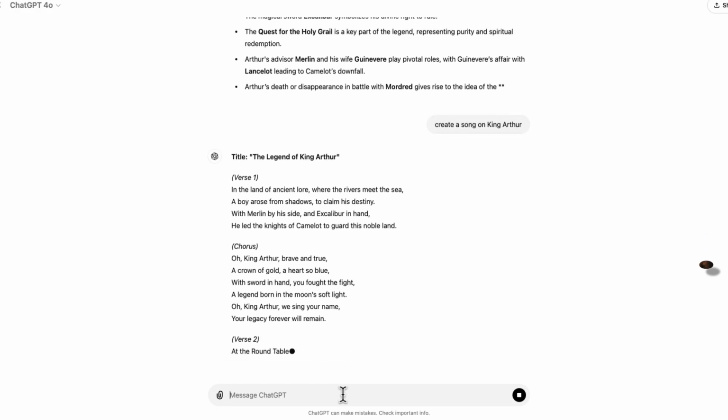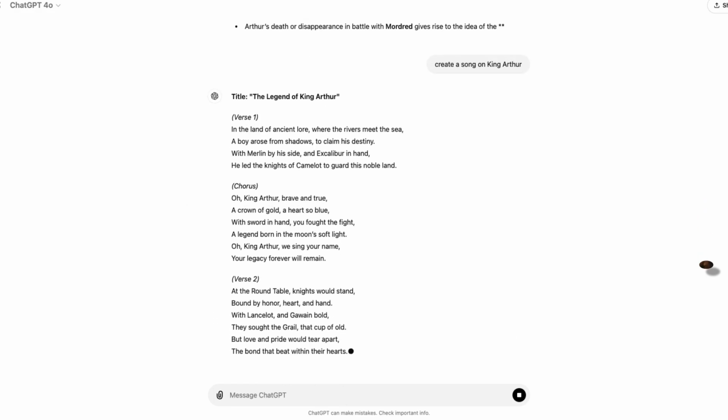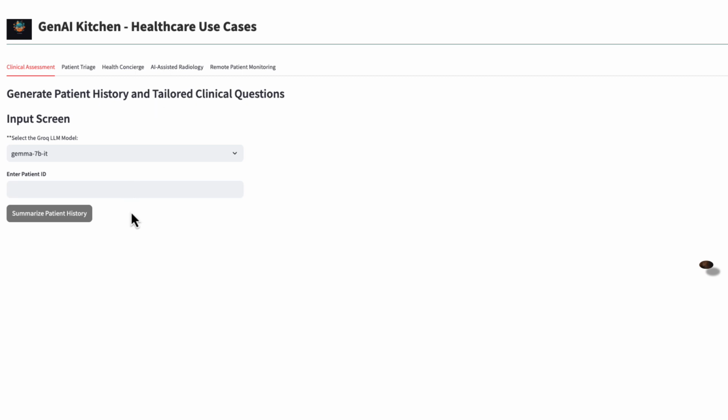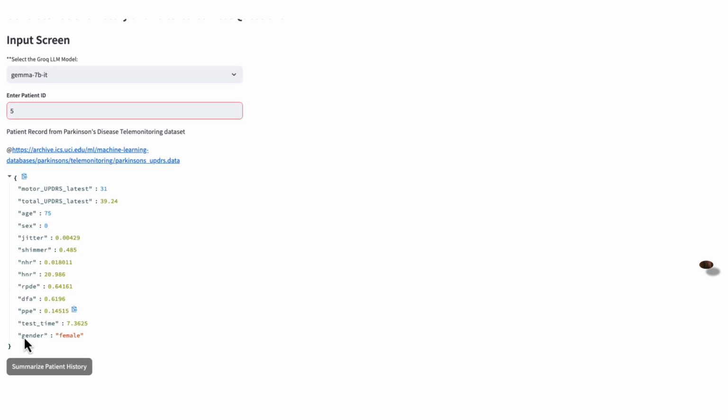Now let's take this a step further. Say you have a healthcare use case where you are given the patient information in the form of structured data, and I'm using Gemma 7b, another large language model, as the generative AI model, and you can probably extract information, say for example patient ID 5. You can have an application which has access to that patient information. In this case, it's just a bunch of data points. This is a Parkinson's data set, which is a bunch of data points, and which makes no sense to me,